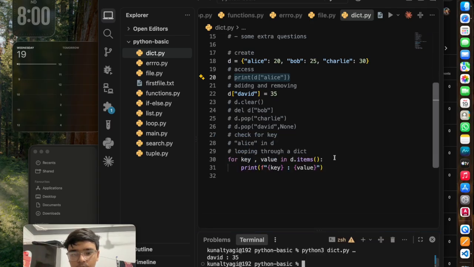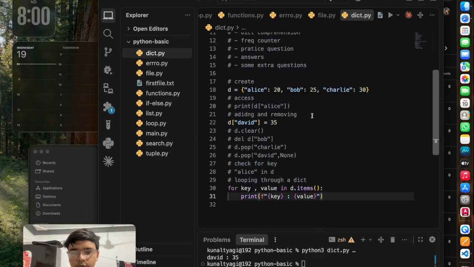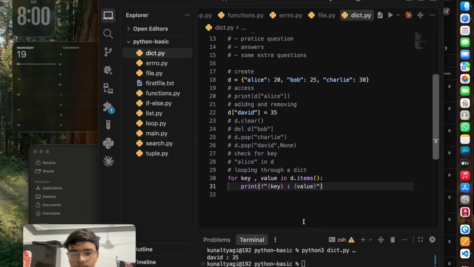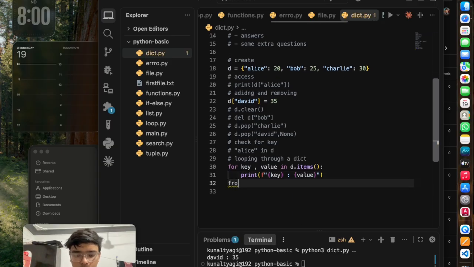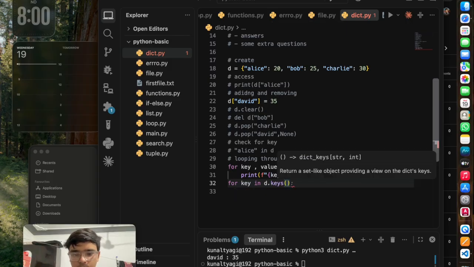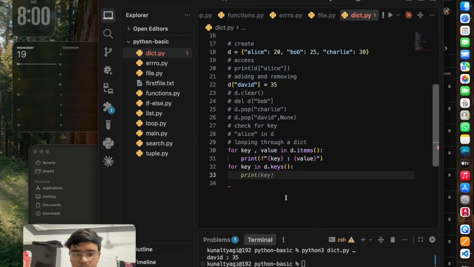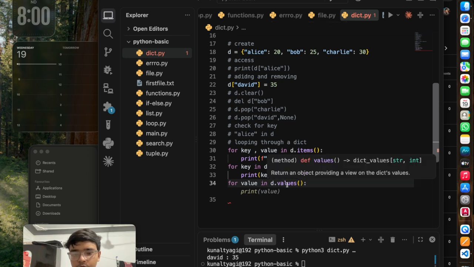Now what happens if you only want keys? You only want to loop around keys. So you can take for key in d dot keys. Here you have to use the dot keys keyword, and it goes the same for the values, where you have to use dot values.